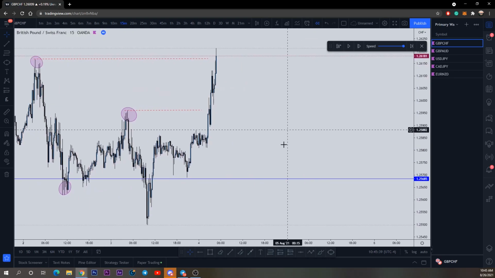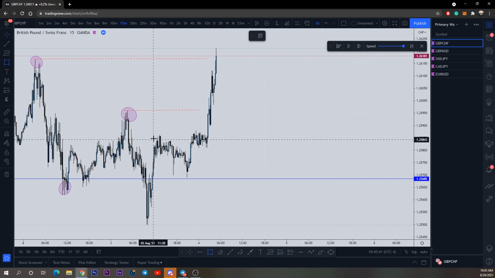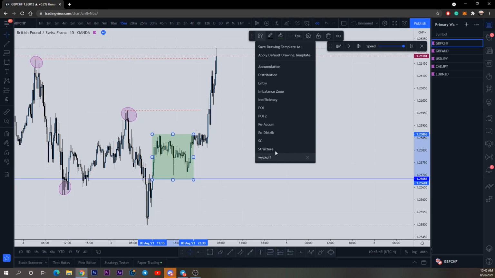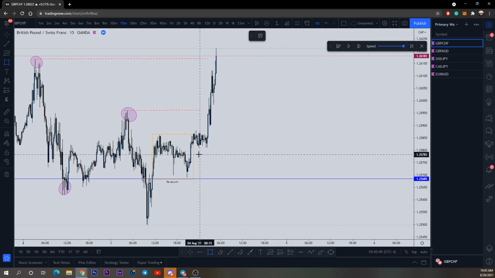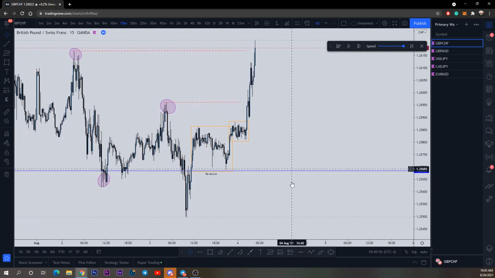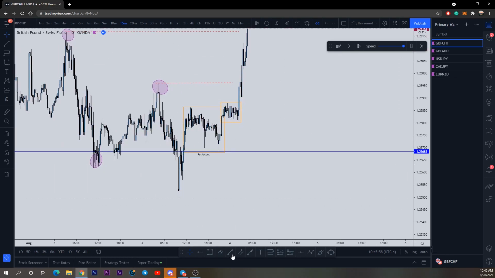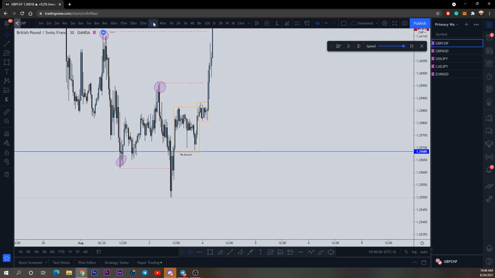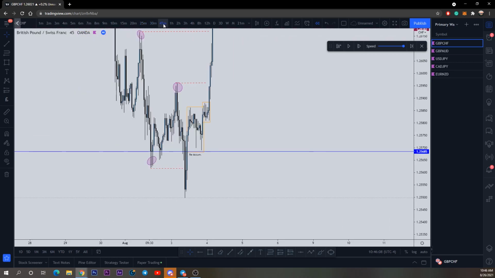So now what we want to do is identify some areas, right? I know that this is a reaccumulation here that occurred. Now this tiny area here is also a reaccumulation, right? So these are my two areas to look for an entry inside of. Now this is technically my candle, right? If I go on a little bit higher,